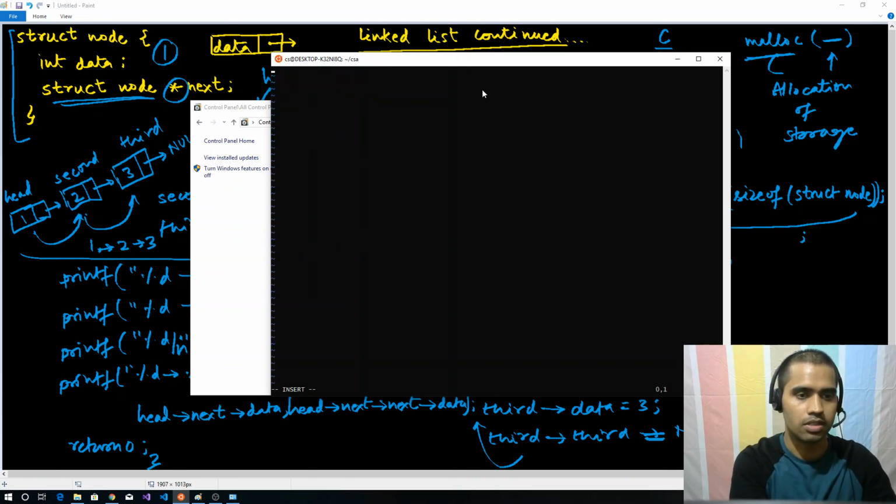Now press I, and then include stdio.h, and then stdlib.h, and then this is the document, and then data, start node, skip next, and then